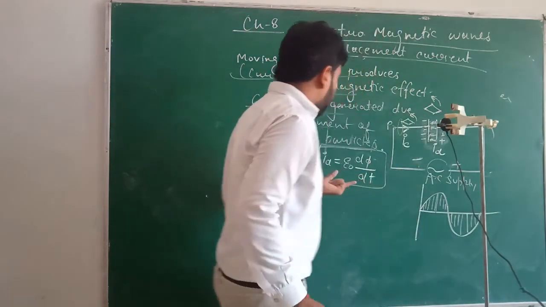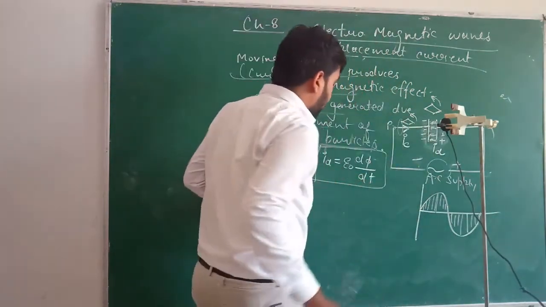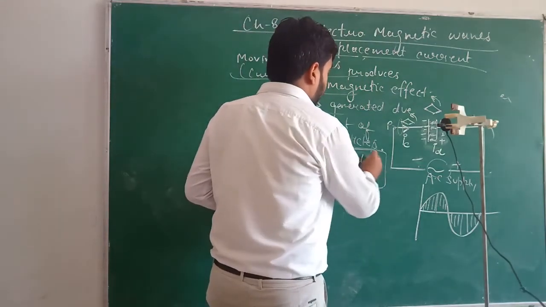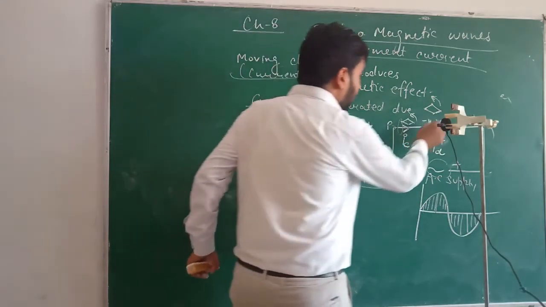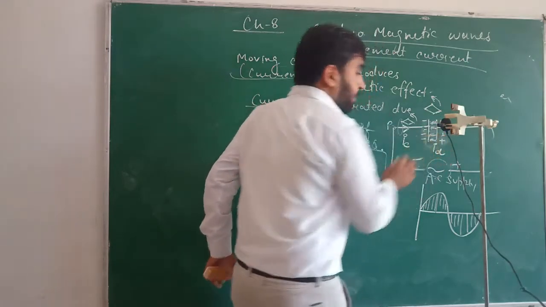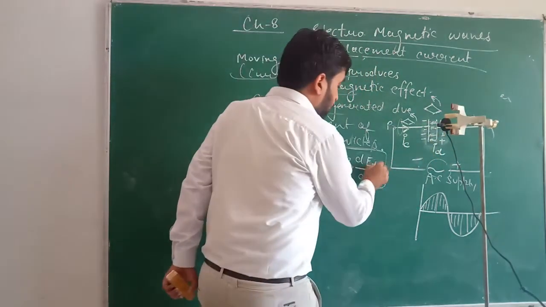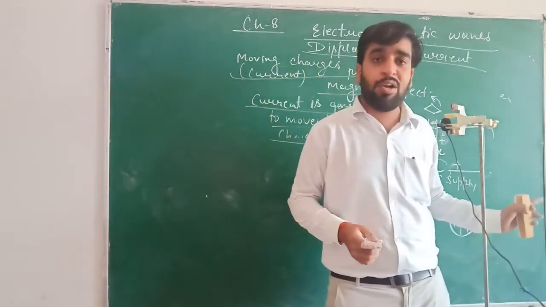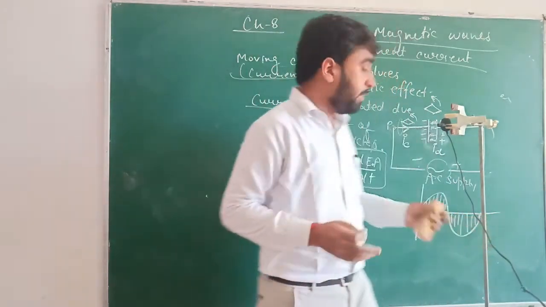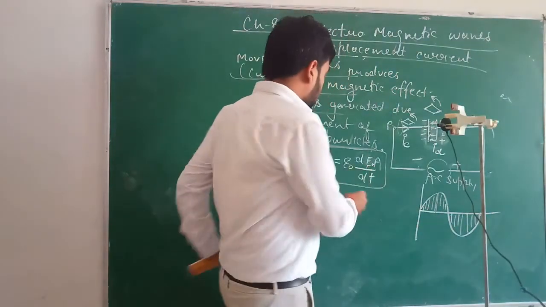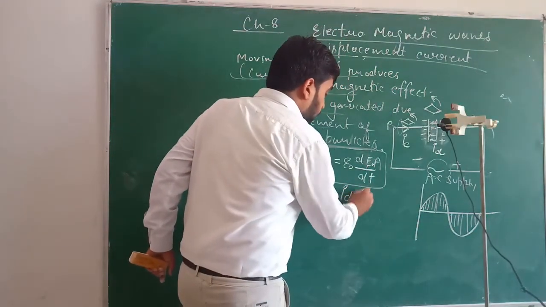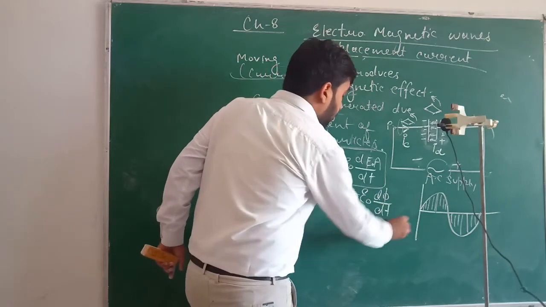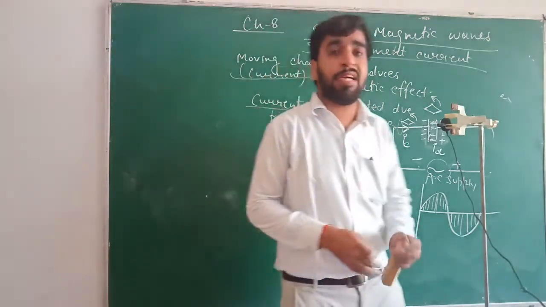And the variation in the electric field, suppose I write it like this, dE upon dt. Then the area of cross section of this plate is also involved. So we have to write E into A. And we have studied this, E dot A. What is this? This is flux, electric flux. So ID will be equal to epsilon naught d phi upon dt. This is the value of displacement current.